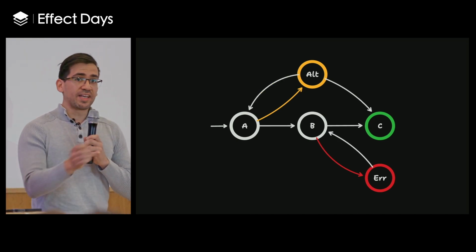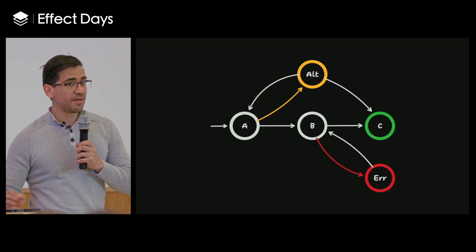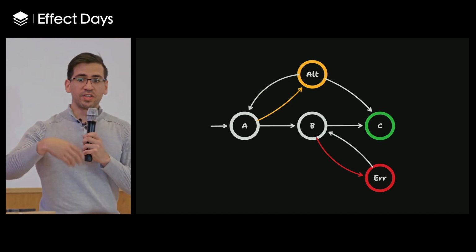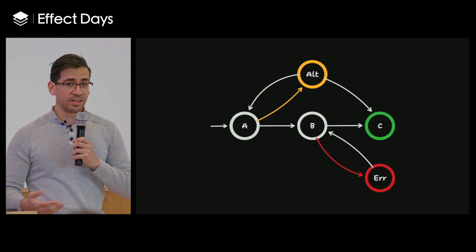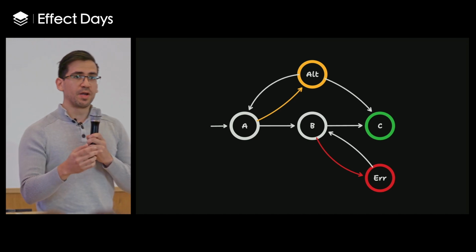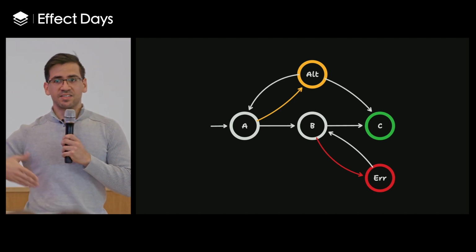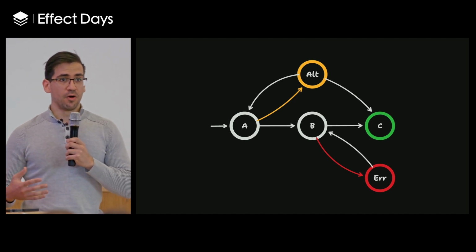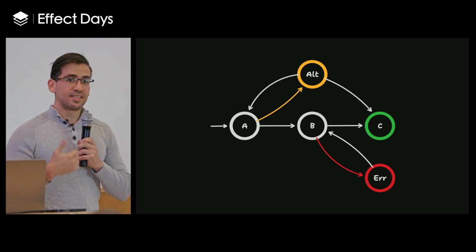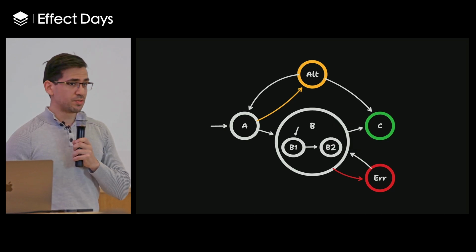And it's not a directed acyclic graph. It could actually be cyclic. So when you have an error, you might have some compensation logic, or you might want to retry it. Or if you're going through an alternate flow, you might want them to be able to go back and do a different flow. And these graphs can just grow bigger and bigger over time as the number of use cases and edge cases in your app grow too.